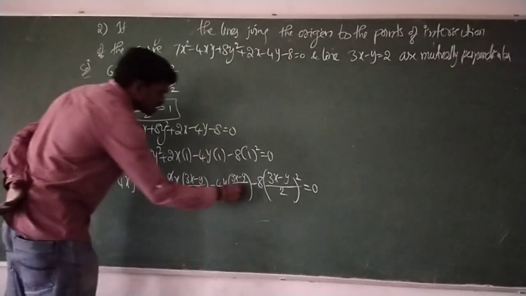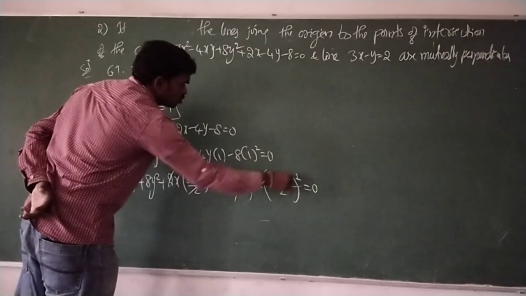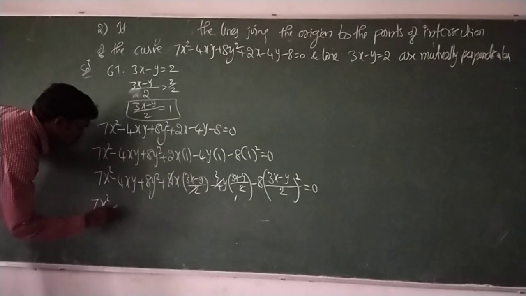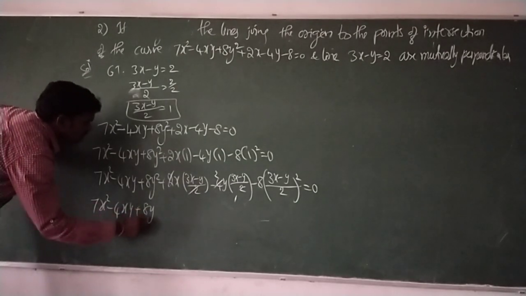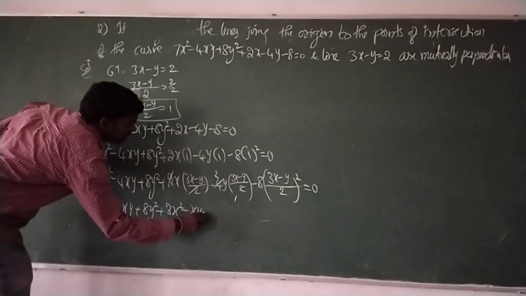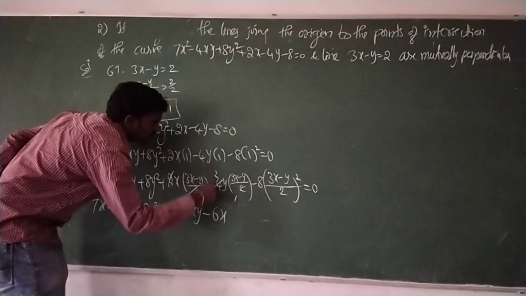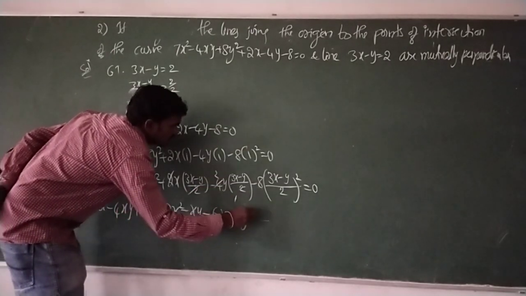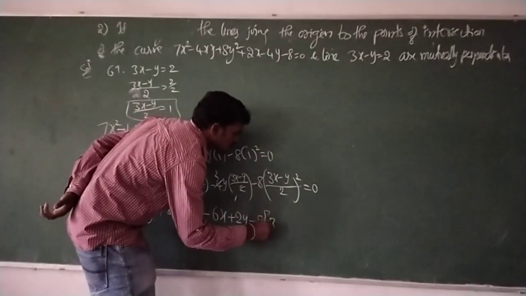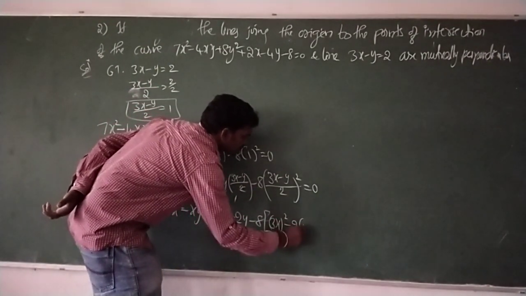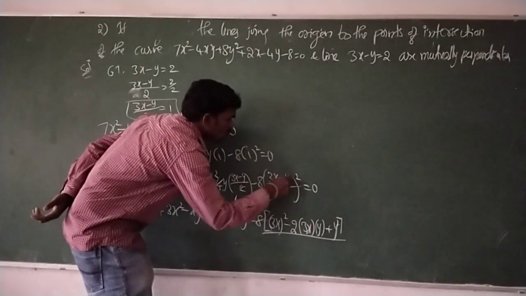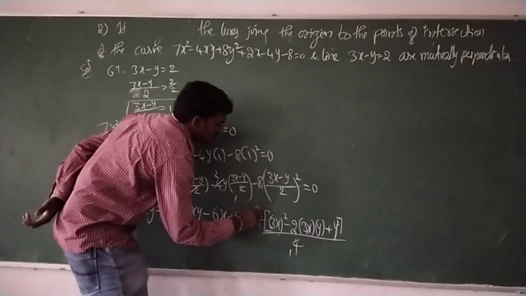Okay, doing 2 to cancel, 2 1 ja, 2 2 ja. See here, 2 square means 4 we get. Okay, I am writing one more step. So by simplifying 7x square minus 4xy plus 8y square x into 3x square x into minus 1 minus xy minus 2 into 3x minus 6x minus 2 into minus plus 2y and minus 8 of a minus b whole square formation. Same look like the same previous. A square minus 2ab plus b square by 2 also having square. 2 square means 4 now. 4 1 ja, 4 2 ja.